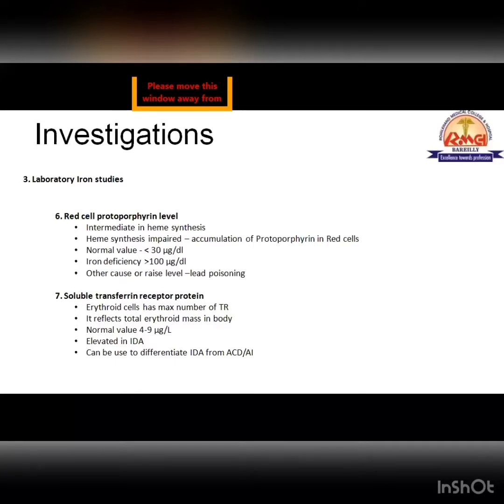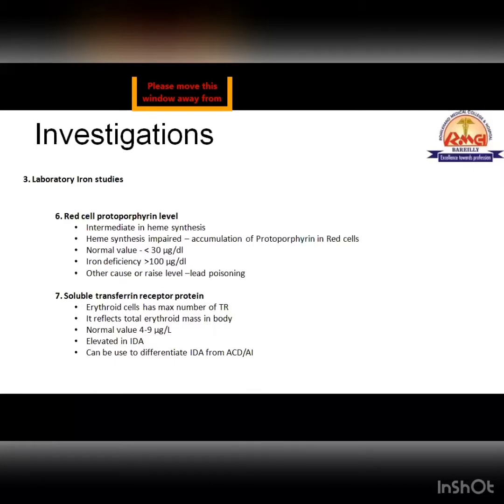You got it, why this transferrin receptor is going up. The second condition where transferrin receptor protein can go up is if the number of rooms increases. Say there is one transferrin receptor in one room and there are 10 such rooms, then the total number will go 10-fold above. So if there is erythroid hyperplasia of any cause, this will lead to an increase in transferrin receptor, or if there is a decrease in iron.